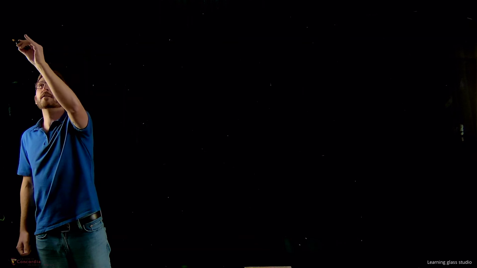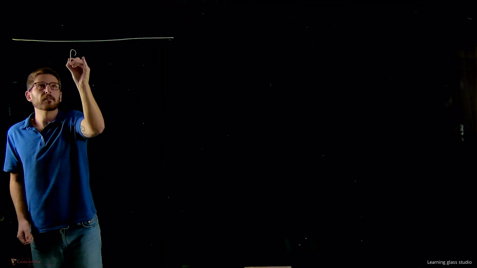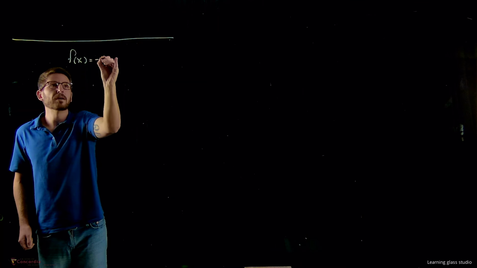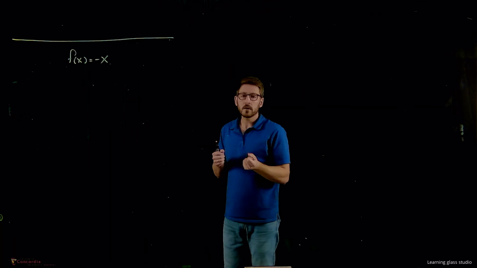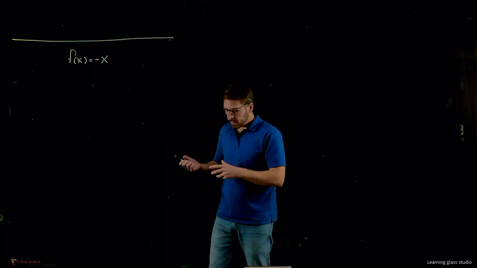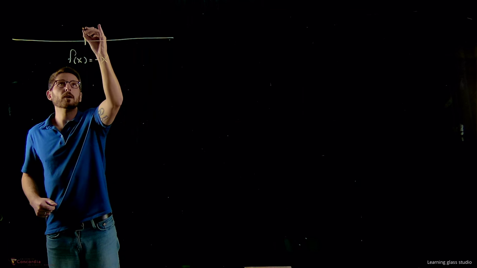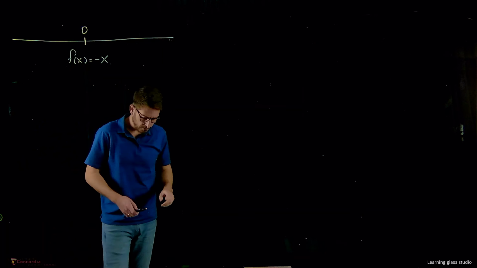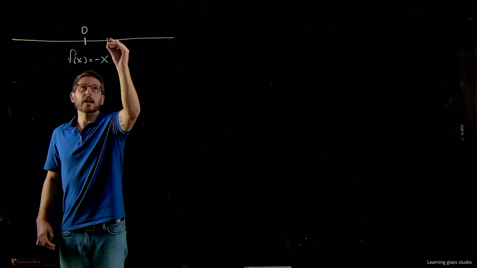So for example, let's think about a really, really simple function. Let's imagine we have f of x is equal to minus x, okay? So every time you get a number, you just negate it. Then if we think about the number line, where the middle is at 0, what do the orbits look like? Well, if I started, say, at some